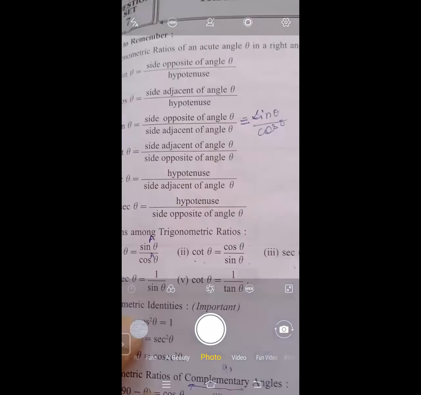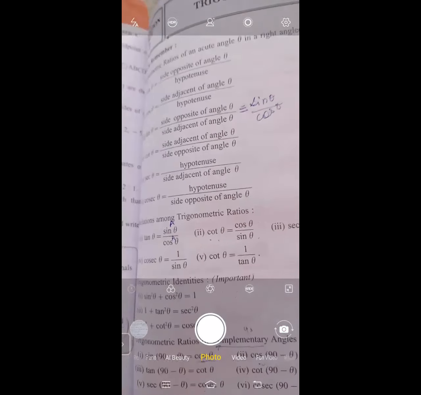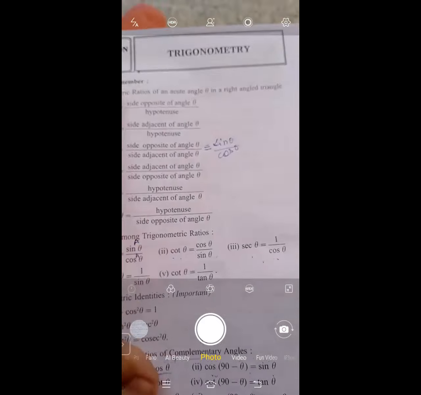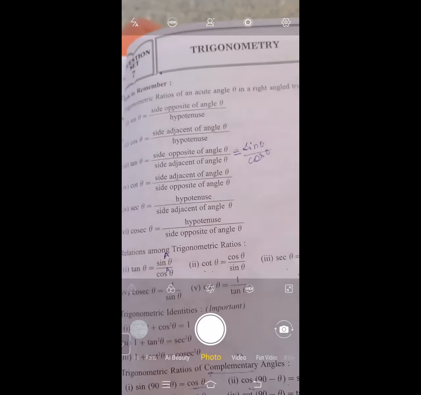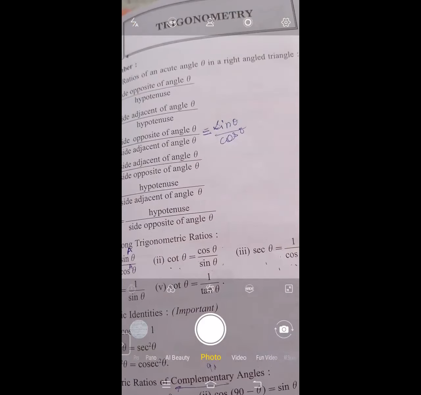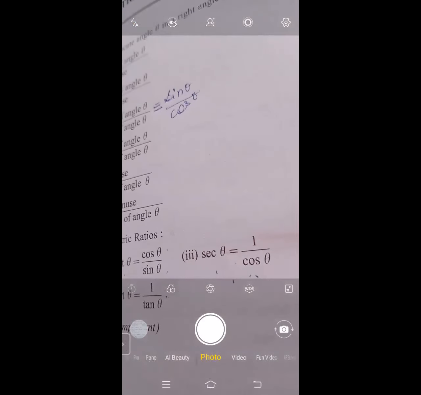Just revising these things and going through these identities will help you to solve this lesson and gain good marks. So all these identities are very important. A thorough practice of these identities is required, which will make you solve this whole chapter very easily.